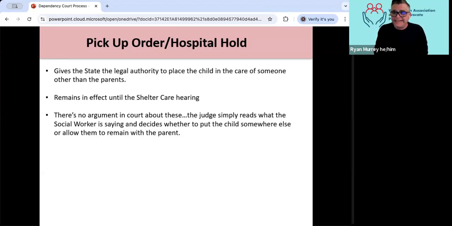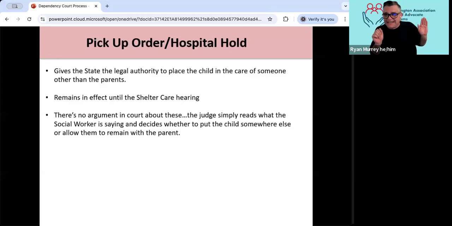At this stage, parents don't get the opportunity to say that's not what happened or present their side. It is basically the court relying on the word of the social worker about whether or not to sign these hospital holds, pickup orders, protective custody pieces until that initial shelter care hearing.